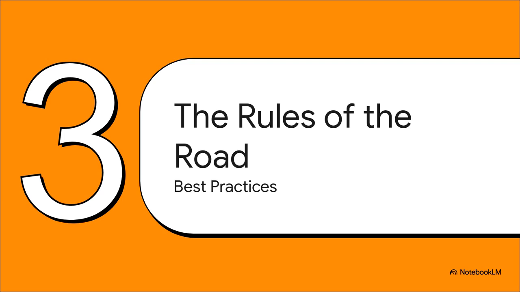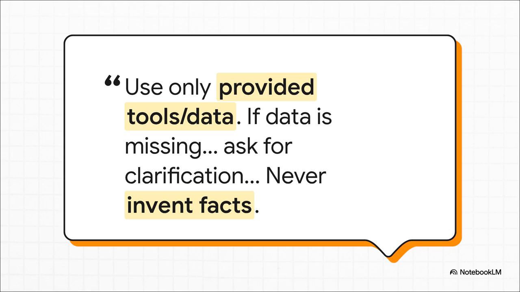Okay, so we have all of these incredibly powerful tools. The big question is, how do we use them without causing total chaos? Because regardless of which pattern you choose, there are some non-negotiable rules of the road for building these things safely and responsibly. This right here is the foundational rule. It should be the very first instruction in the AI system prompt: stay grounded. Only use the tools and data you are given. If information is missing, ask for it. Do not, under any circumstances, invent facts. This single directive is your first and your best defense against errors and hallucinations.